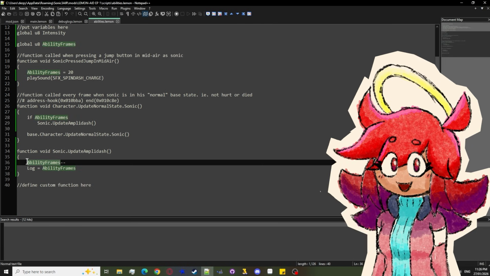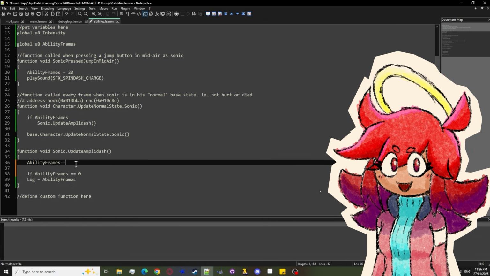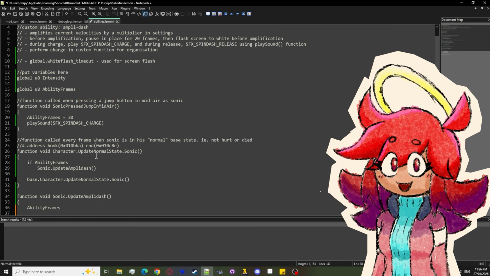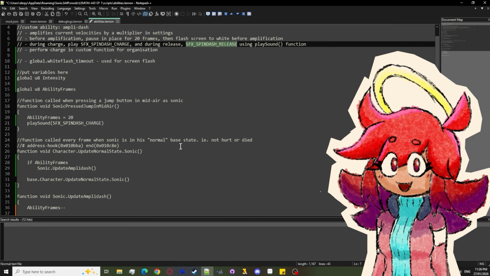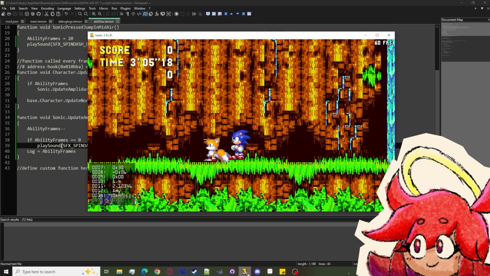So, in order to play this sound, the final sound, let's quickly type here if ability frames equals 0, because by this point ability frames would have subtracted. So from here, ability frames will equal 0. So if it equals 0, play sound sfx spin-release. And as you can see,